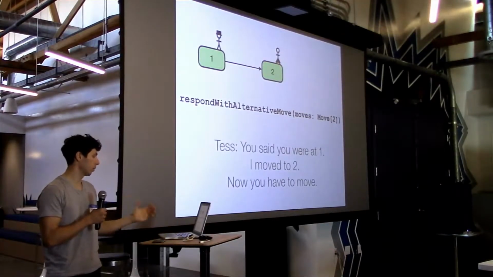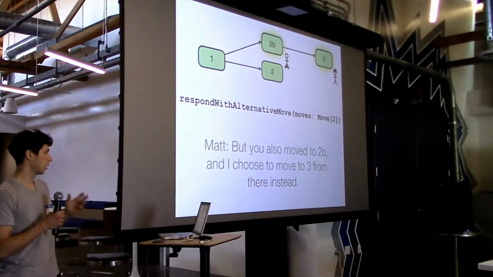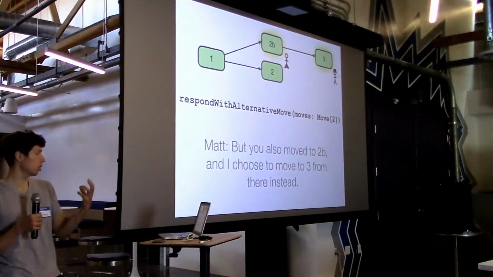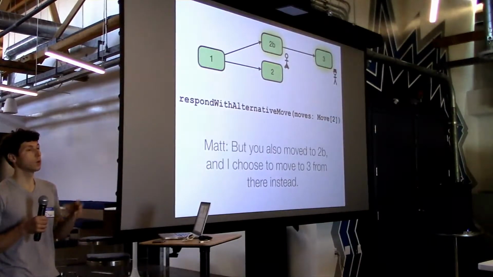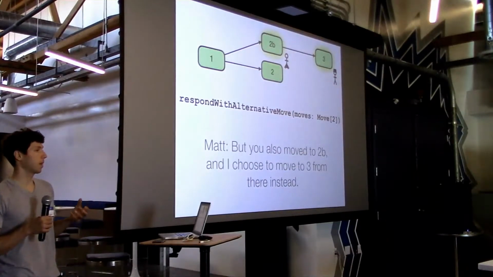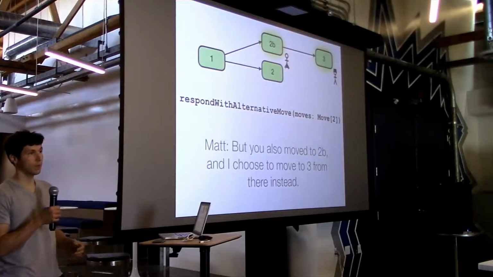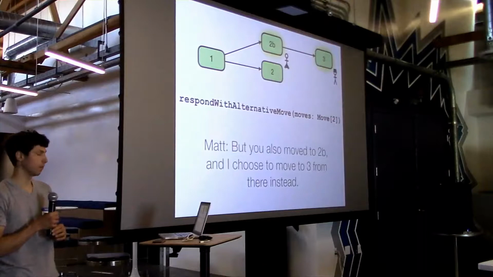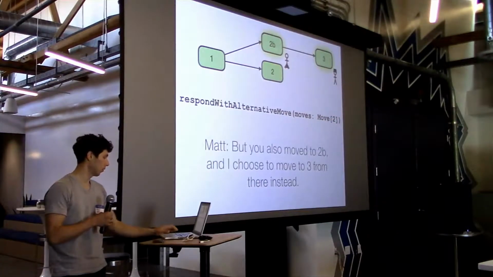Or this is very similar to respond with move. It could have been that the state Tess sent out to the judge was a valid state. It wasn't an outdated state, but it was one of the many she played previously. So Matt can basically invoke this alternative function call to respond to that move.